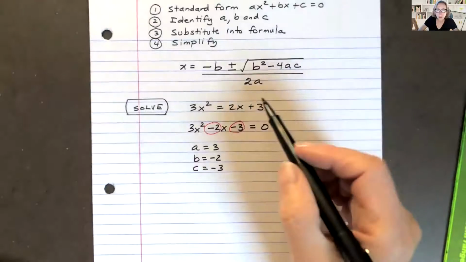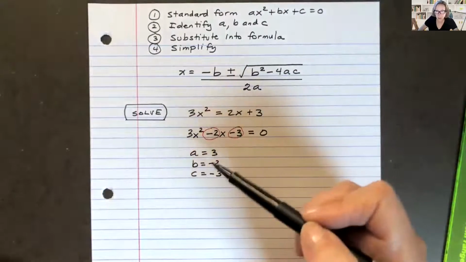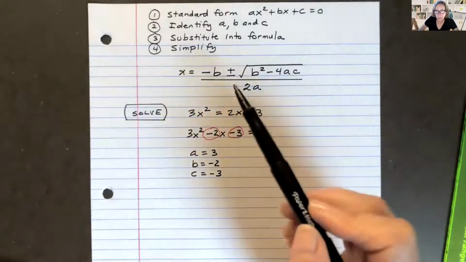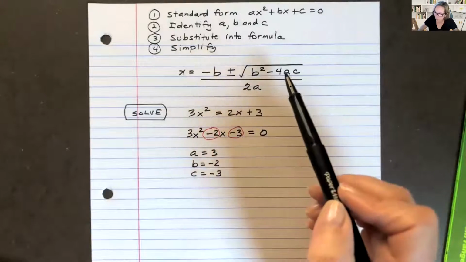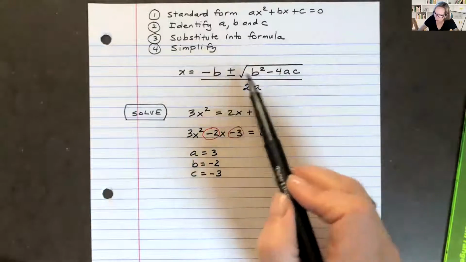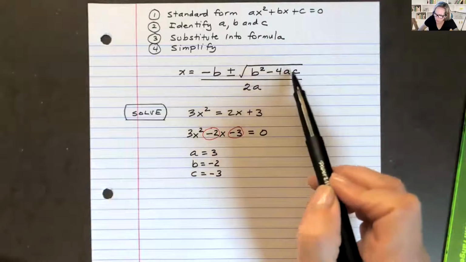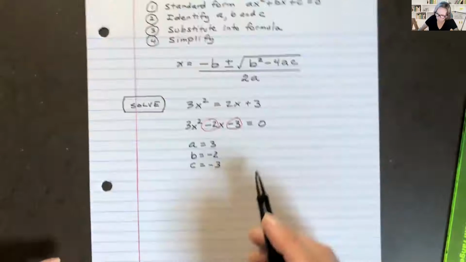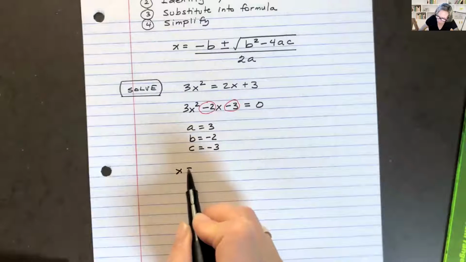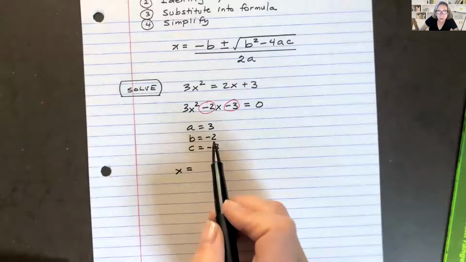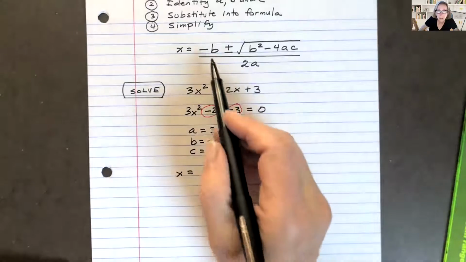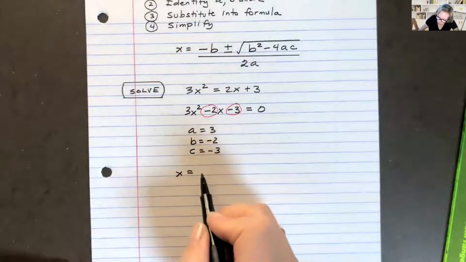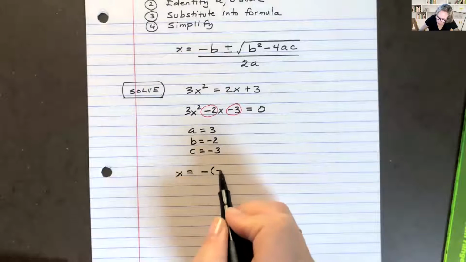Okay, so now we can get the answer or answers to this quadratic equation by substituting these numbers in for a. A is going to go here and here, b is going to go here and here, c is going to go here. This 4 is hard-coded, it's part of the formula, and so is the 2. So we write x equals, and I always put all negative values in parentheses when I'm doing this, the opposite of b, because b might be a negative number, which it is here. So the opposite of b, which is negative 2,